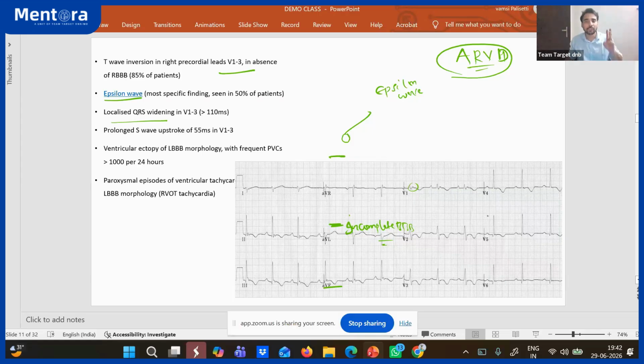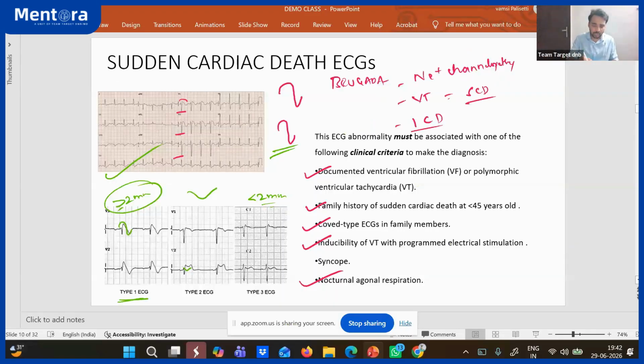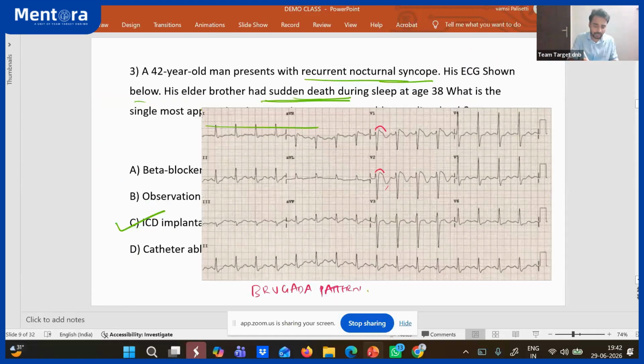When you go to casualty and take the ECG of any person, if you see these three patterns, like deep T inversions as in hypertrophic cardiomyopathy, or an epsilon wave with localized bundle branch block, or some Brugada pattern, you should definitely alert the individual. You have to take the family history of any syncope, family history of any VTs, and any history of VTs. Then you have to go for ICD implantation to prevent sudden cardiac death. Any doubts? Simple thing. They asked about Brugada, and I just want to mention two more ECGs which can be asked in further exams.